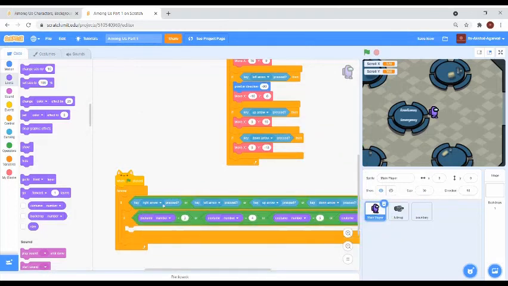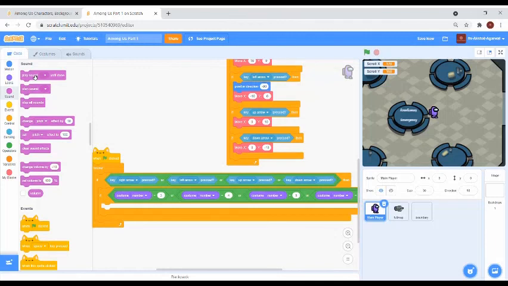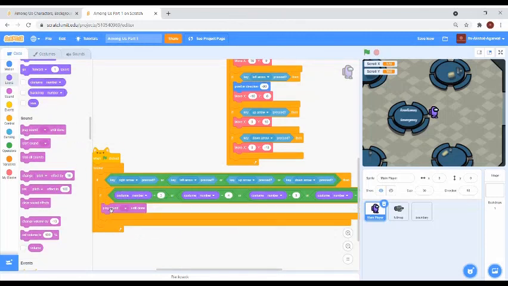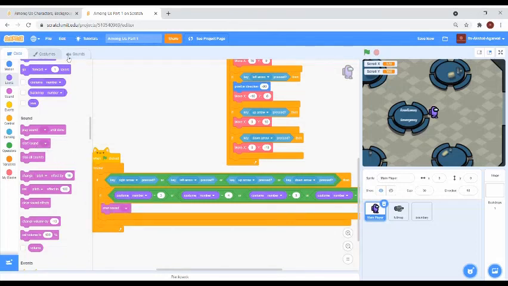And we are going to put these in the second if then block, and then we will go to sound and we will set play sound until done. Or, instead of this, we can take start sound.